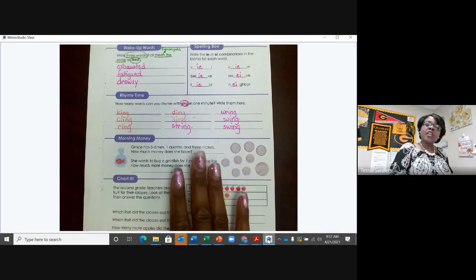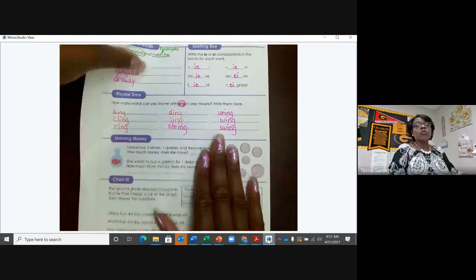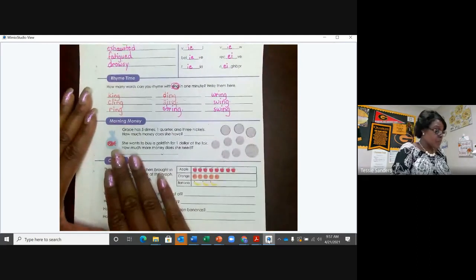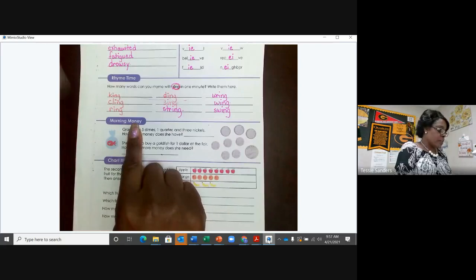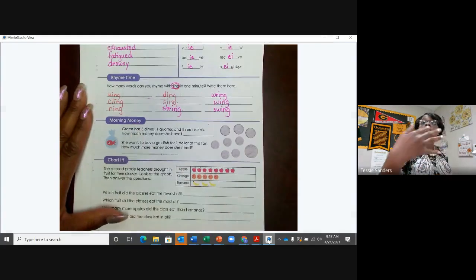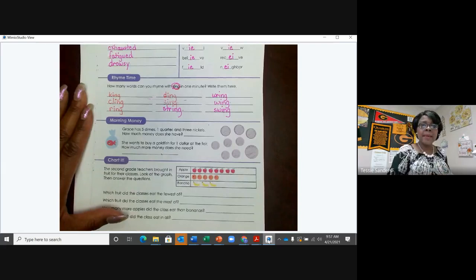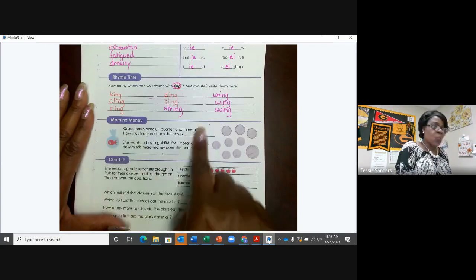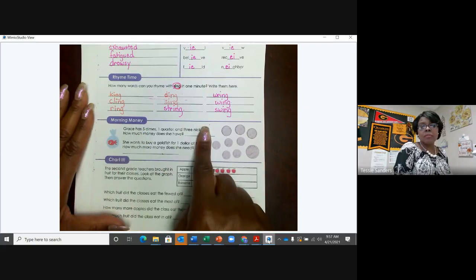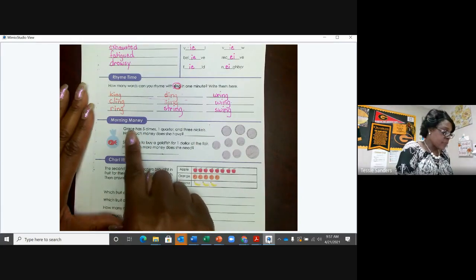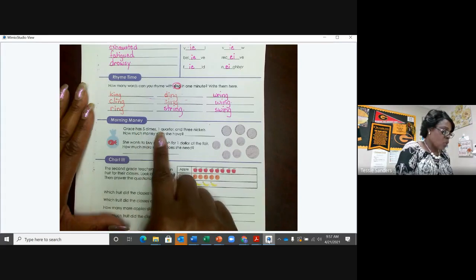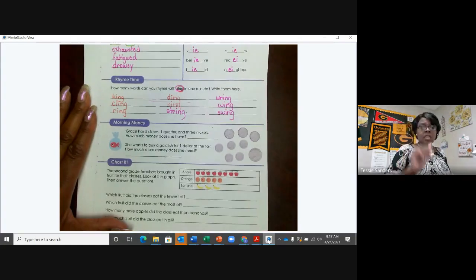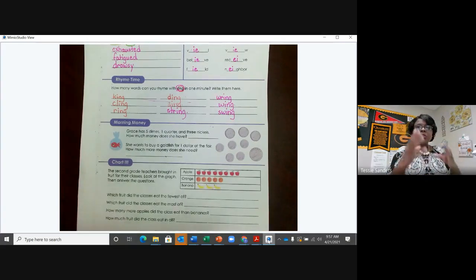Excellent. Now let's take a look at our math as we move towards closure of our lesson. We're almost there. Morning money. We're working with money again this morning, or for your accelerated instructional time. Let's read the word problem together. Let's begin. Grace has 5 dimes, 1 quarter, and 3 nickels. Stop right there. Let's chunk